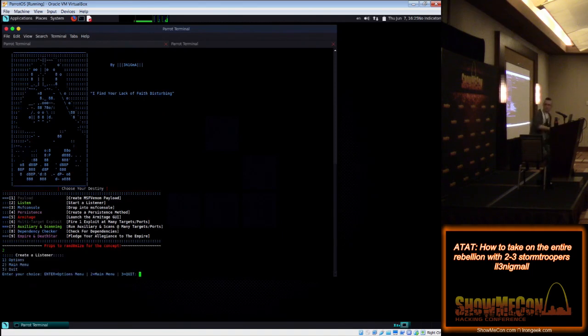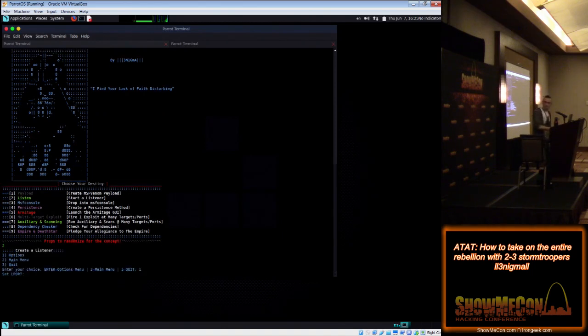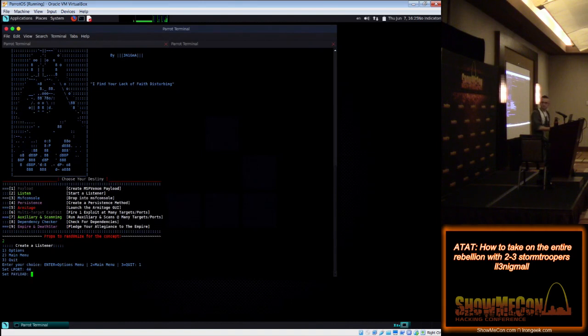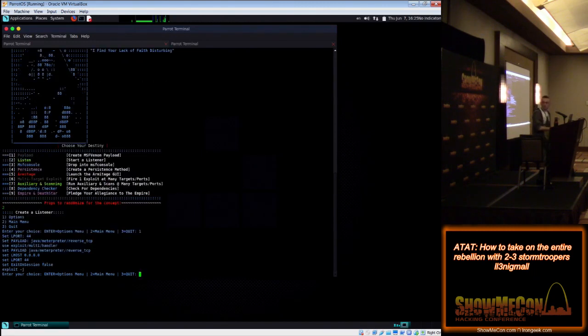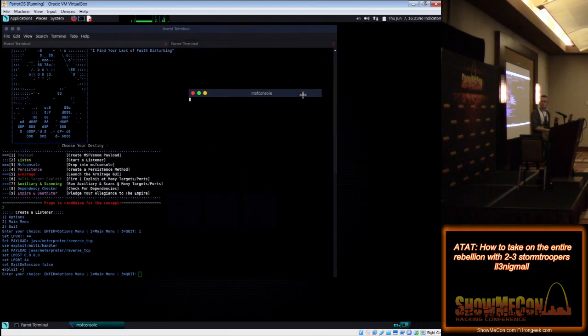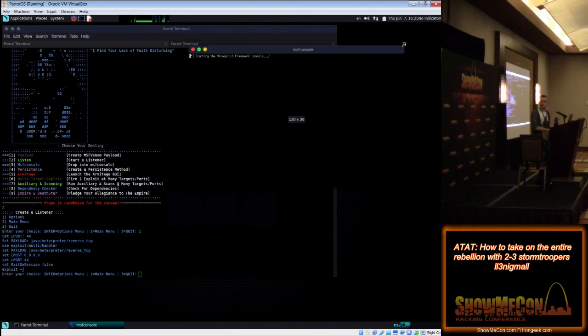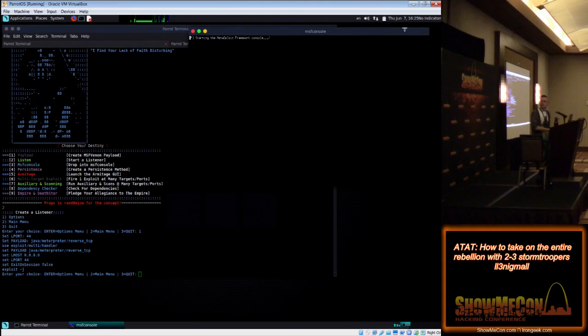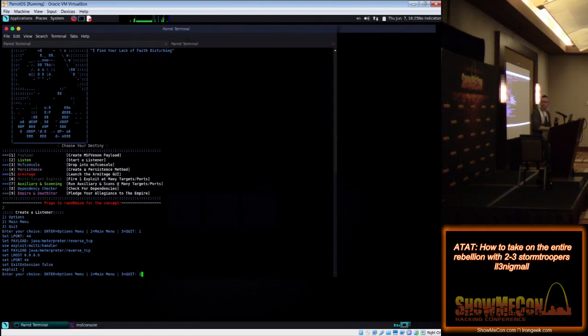So if we start our listener, select our port, and then the payload. Those are the only two options you need to set when creating a listener, and ATAT does the rest. We will then go back to the main menu